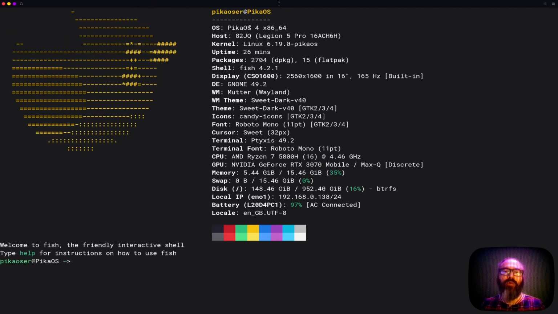So yeah, PikaOS 4, Legion 5 Pro, GNOME Wayland, AMD Ryzen 7 5800H, NVIDIA GeForce RTX 3070 Mobile Max-Q, 16 GB of RAM, 1 TB of SSD space, and the native screen resolution, which is 2560 by 1600,